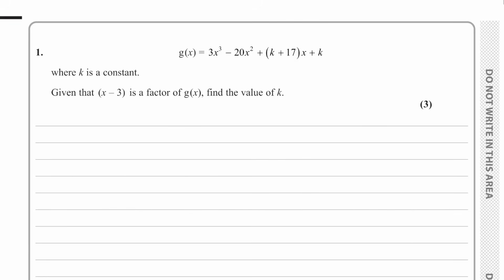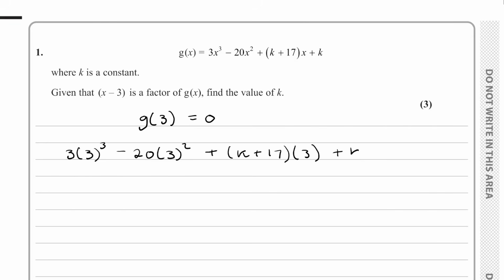So if x minus 3 is a factor, g of 3 must be equal to 0. So all we've got to do is substitute in 3, make it equal to 0, and then solve for k. So we're changing x into 3. We've got 3 times 3 cubed minus 20 times 3 squared plus (k plus 17) times 3 plus another k is equal to 0. So it's just a case of simplifying